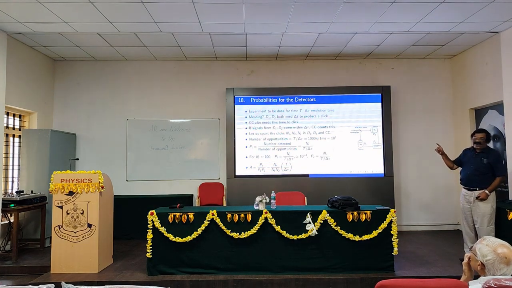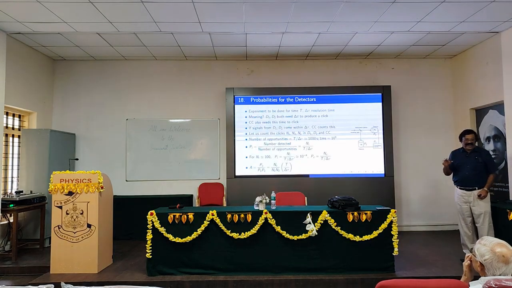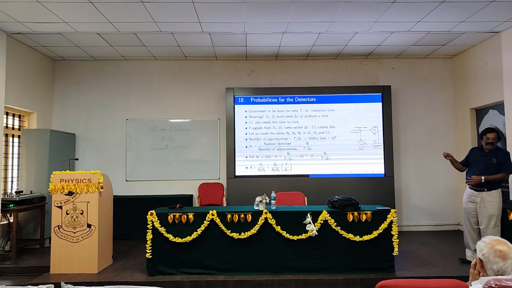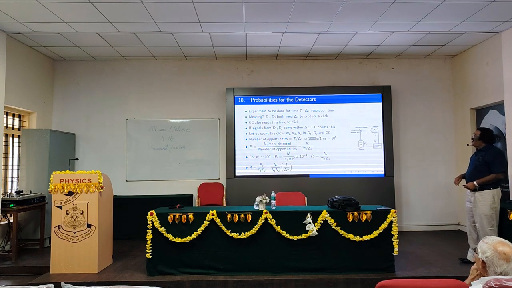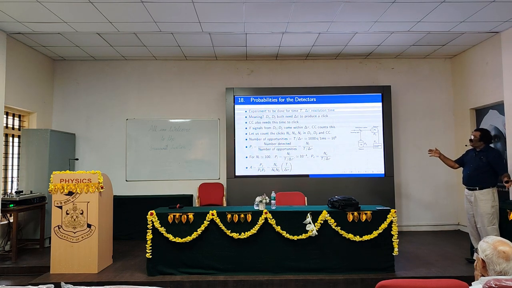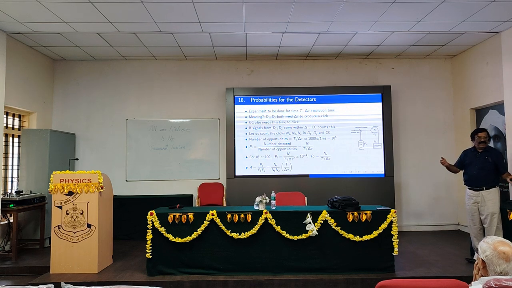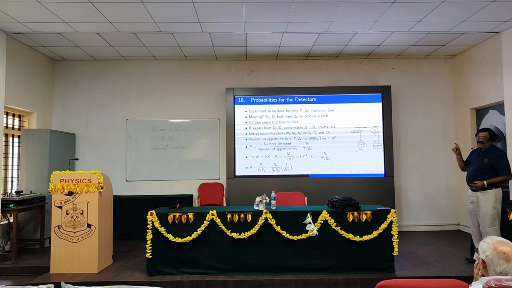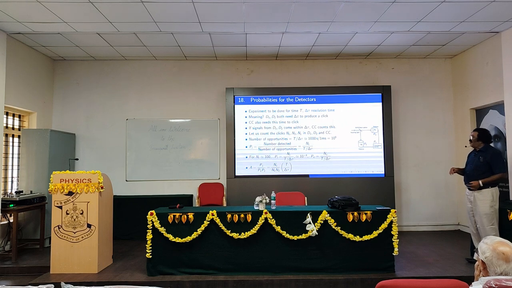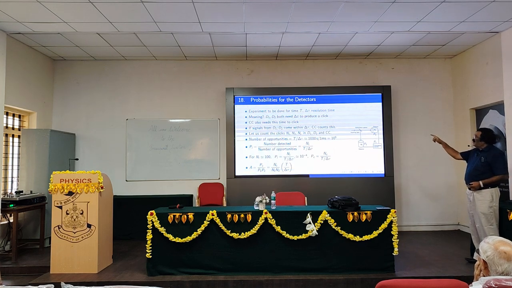Okay, so the experiment is done for some time t. Now I am looking at the detector. So how do we understand the probabilities for the detector? The experiment has to be done for some time t, say 1000 seconds as I told, but there is a resolution time delta tau for every detector. What does it mean? D1 and D2 both need some time, delta tau, to produce a click.